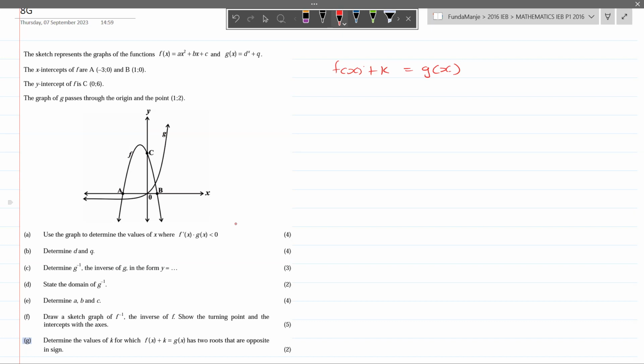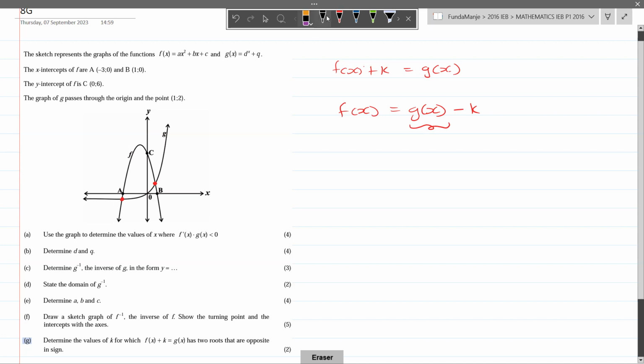Or we're looking for the point where, if I rearrange this, f of x is equal to g of x minus k, which means we can shift the graph of g up and down such that it produces roots. What are these roots? Currently, it is producing these two roots. These are roots, basically points where they intersect. So now we have the ability to shift this function, and we want to see what are the ranges of